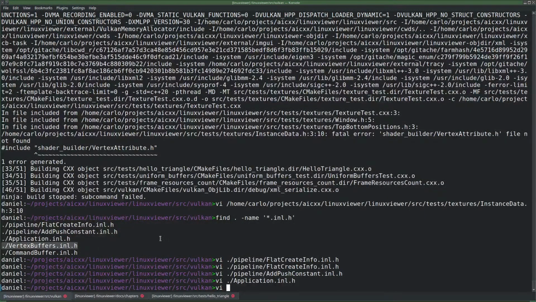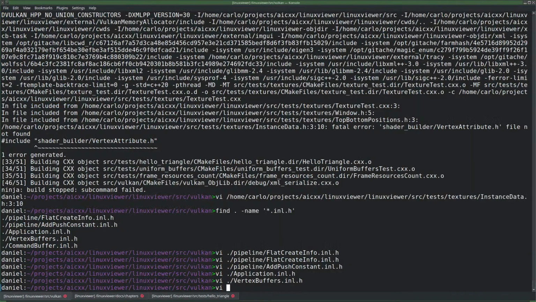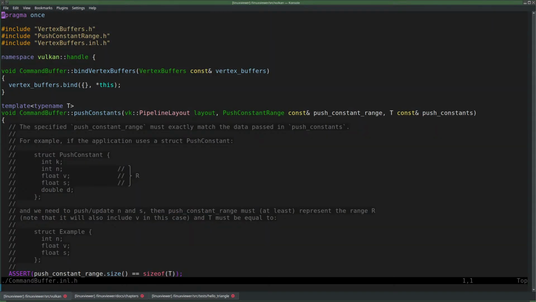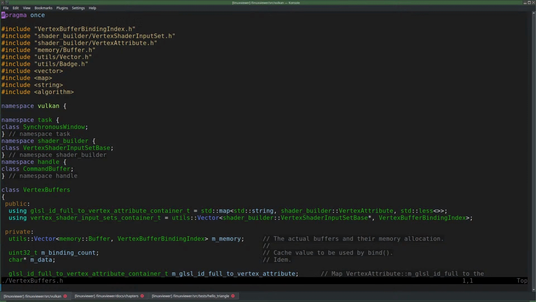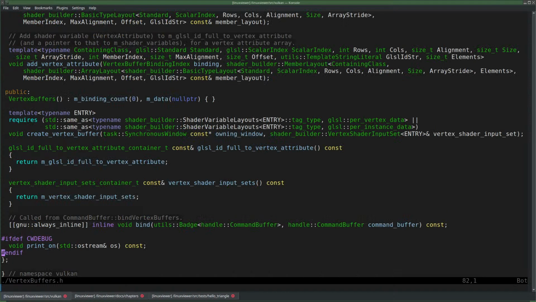That one already had it. And that one also. And that one also. I think that the inline stuff is needed whenever you include a normal header. Let's say if I include vertex buffers.h, and then you have this thing, which is then defined in the dot inline thing.